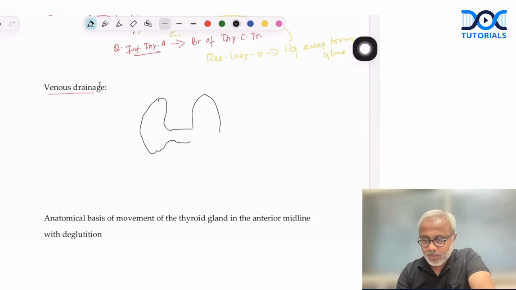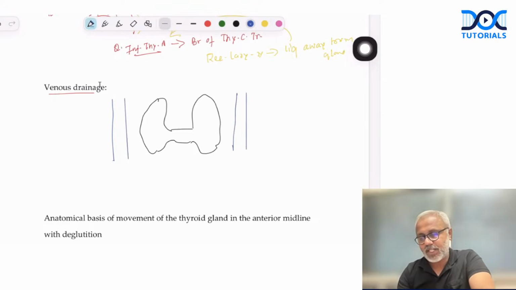Isthmus, right? Then the lobes. Of course, the major vein that would drain the thyroid gland is the internal jugular vein, right? So this is the internal jugular vein. The internal jugular vein, as we know, will join with the subclavian vein, and this will form the brachiocephalic trunk,